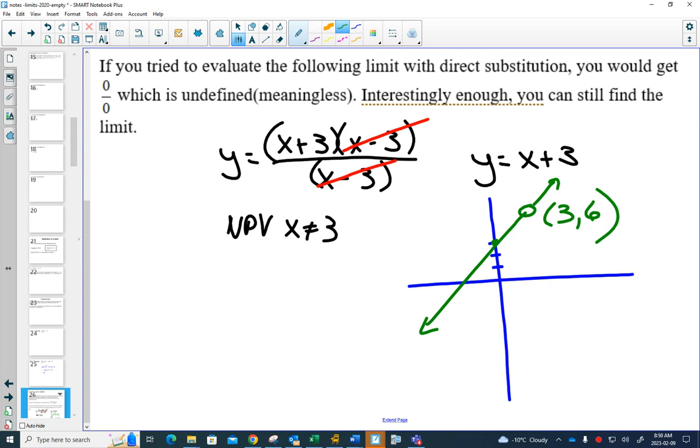Now, thinking about the limit from a graphical perspective,